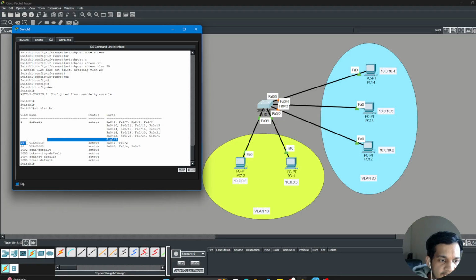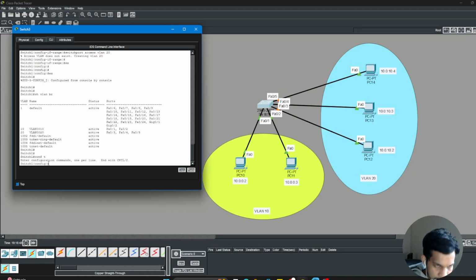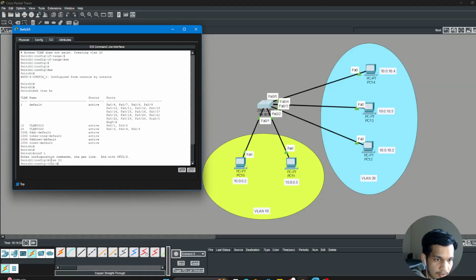So what if you want to change the name of this, like VLAN 0010? Okay, so the best step is to go to global config mode and then type in VLAN 10. Okay, so you enter the VLAN global configuration and just type in name. Let's say I want to name it engineering, and then